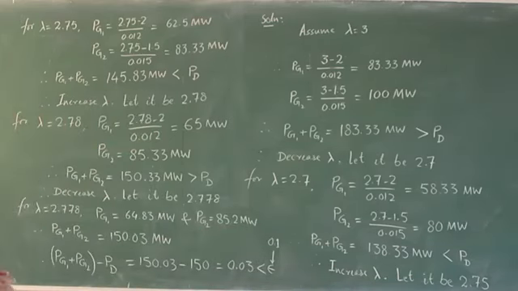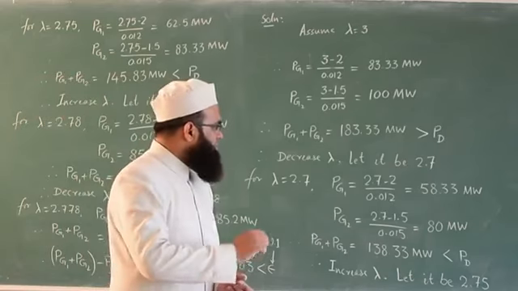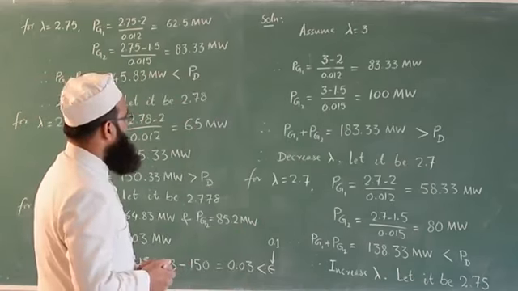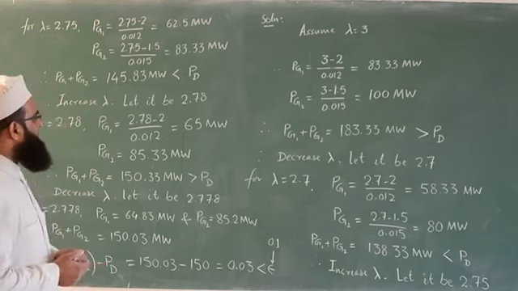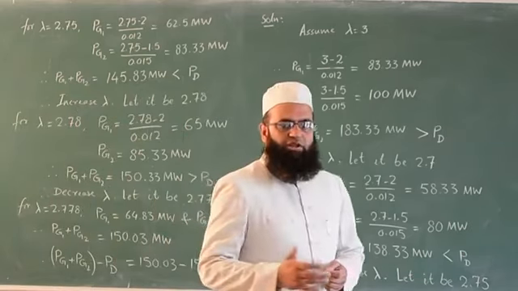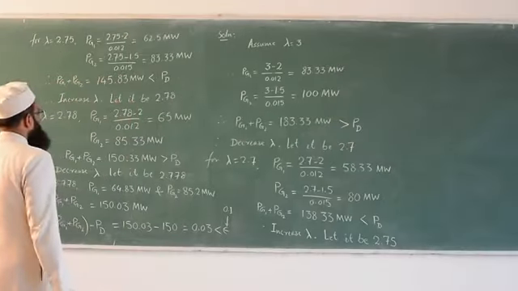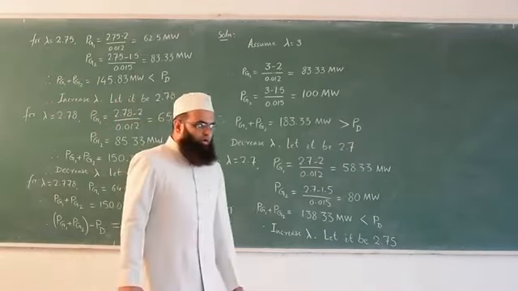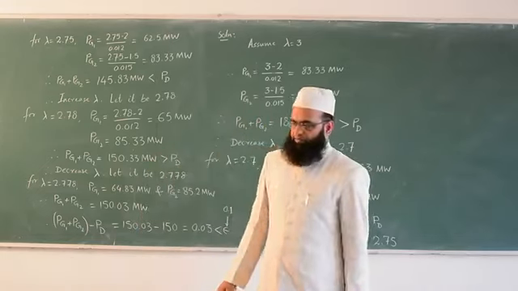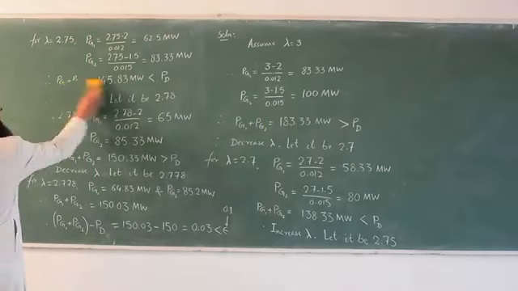So this way it's something like hit and trial. We have to tune lambda, and corresponding to that we will get different combinations of generations from the various generating units. You can practice for more than 2 generating units. So far we have discussed the economic operating schedule without considering transmission losses. When transmission losses are considered,